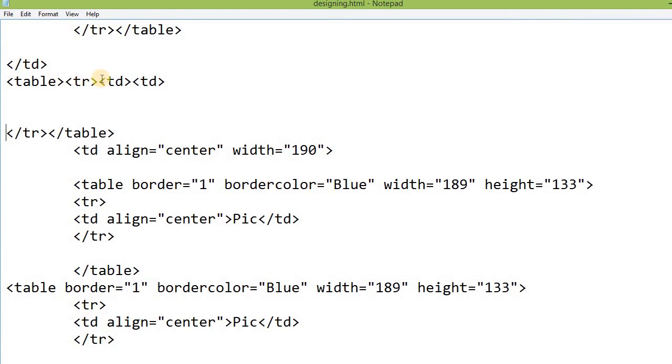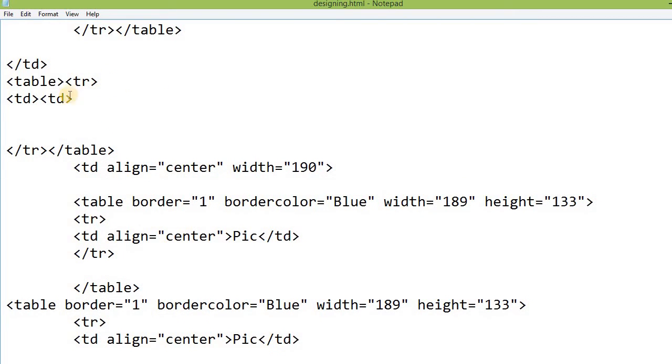Here in the TD I will write ABC, right, and I will copy this for 3 times. Let me first show you how you can put the border. First of all, I will write here border, just 1 pixel, border color blue,